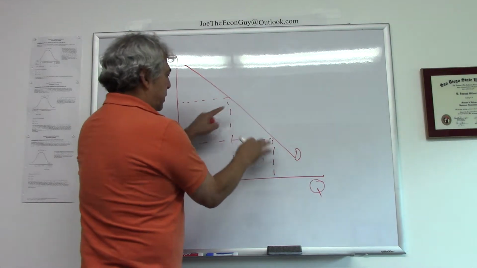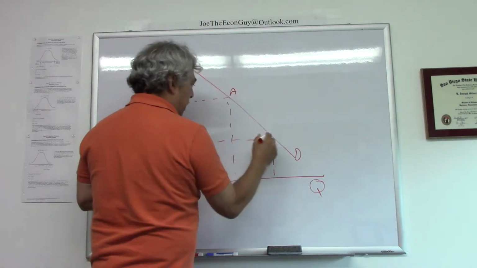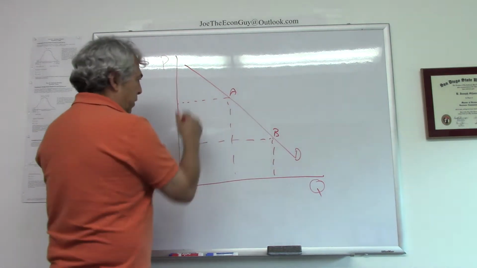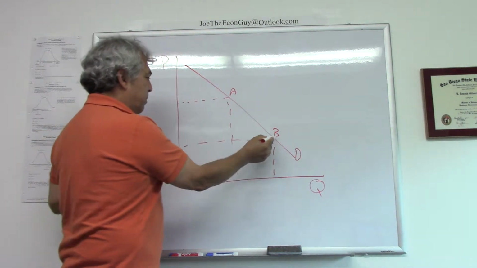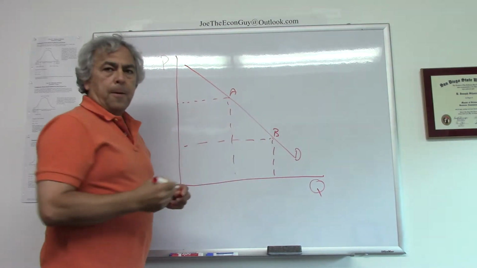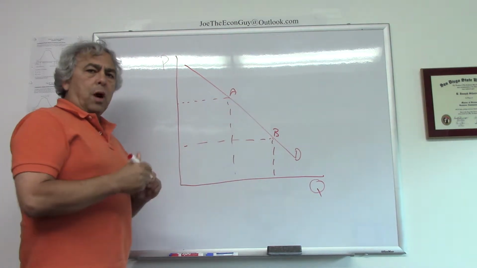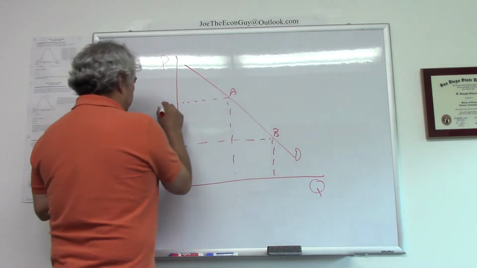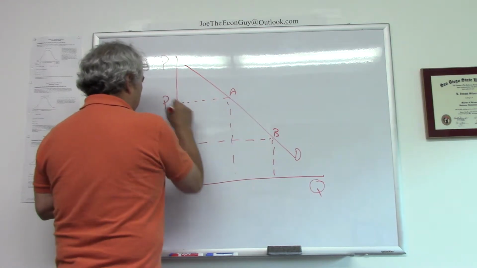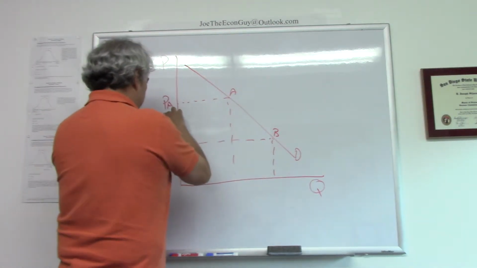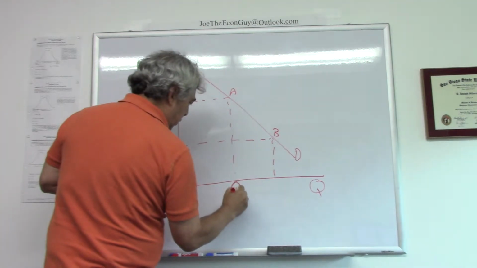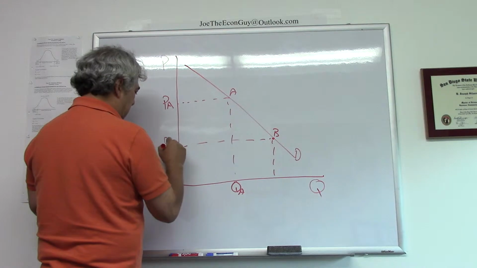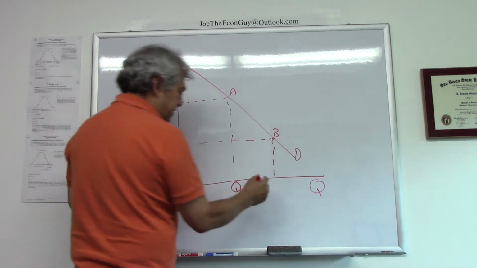So what we need to do is take 2 points along our demand curve. We'll call this A and B, and we're going to ask ourselves, if we change the price, either we raise the price from B to A or lower it from A to B, does that lead to a big decrease in quantity demanded or only a small decrease in quantity demanded? So at A, we're going to say that P_A is the price and Q_A is the quantity. If we're over here at point B, then P_B is the price and